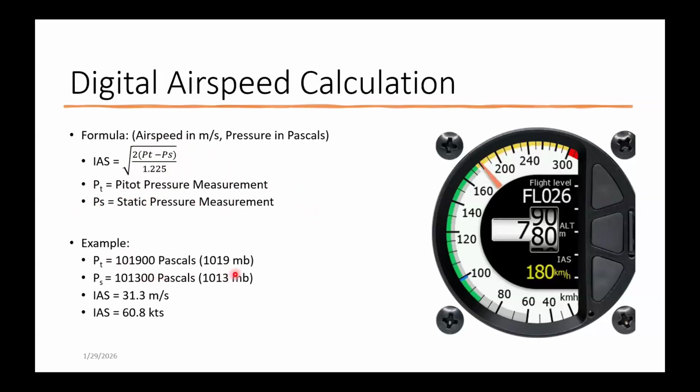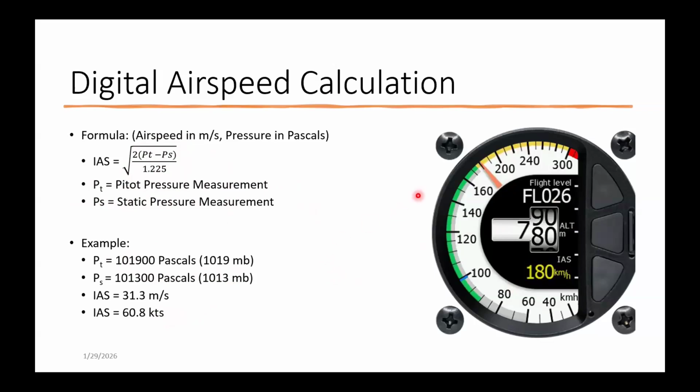If you run it through the formula, it works in pascals and meters per second, but if I convert the meters per second for that 6 millibar difference, it comes out to 60.8 knots calculated. And no, I didn't try to make it match the